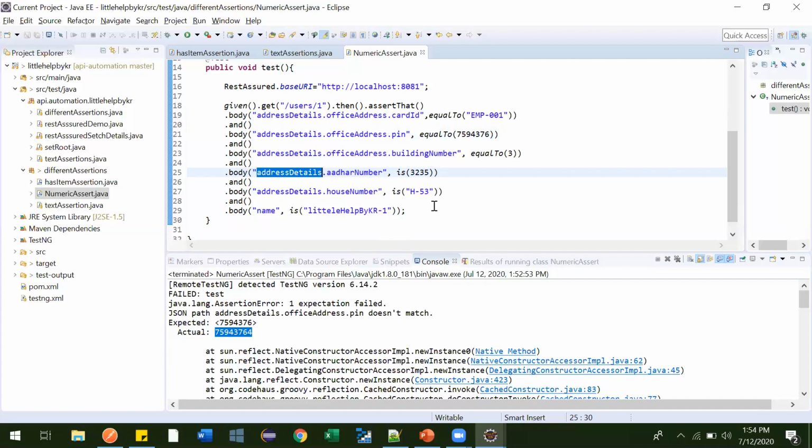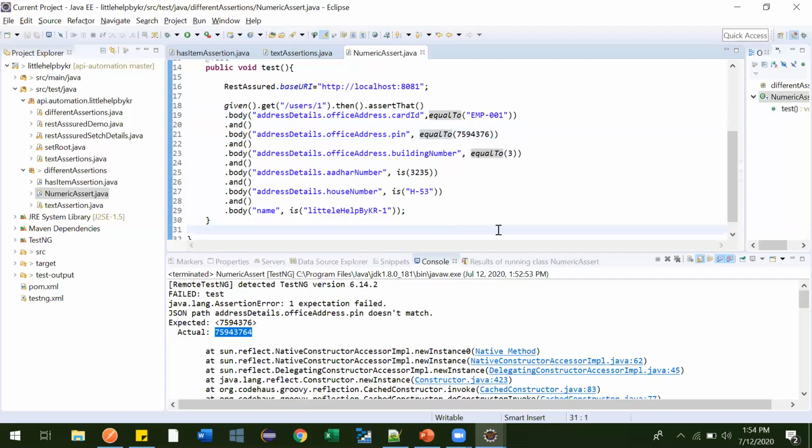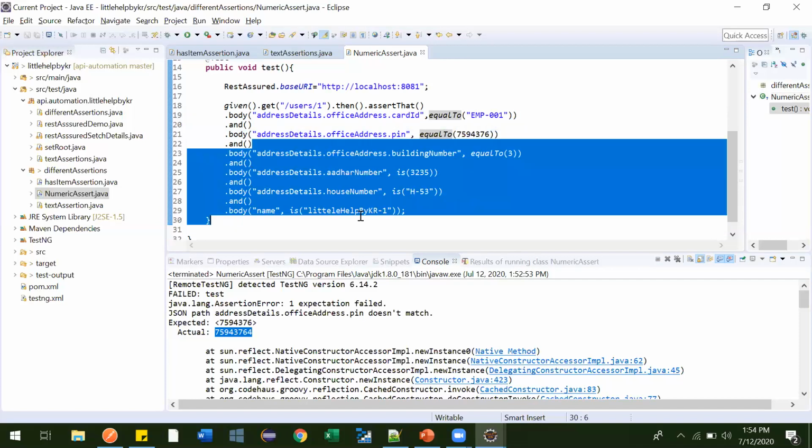So there should be some mechanism to know which is pass and which is fail, something like: our requirement was this, and the actual value was this. It should be like that, not that after it fails here it never goes on to verify other details.